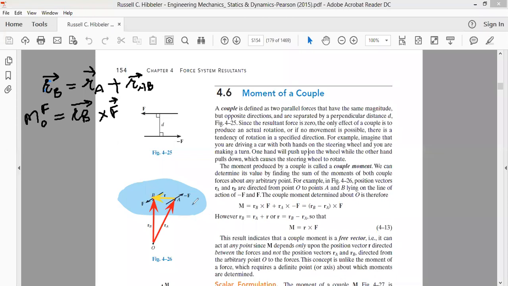And again, the moment because of minus F about point O will be equal to the radius vector RA